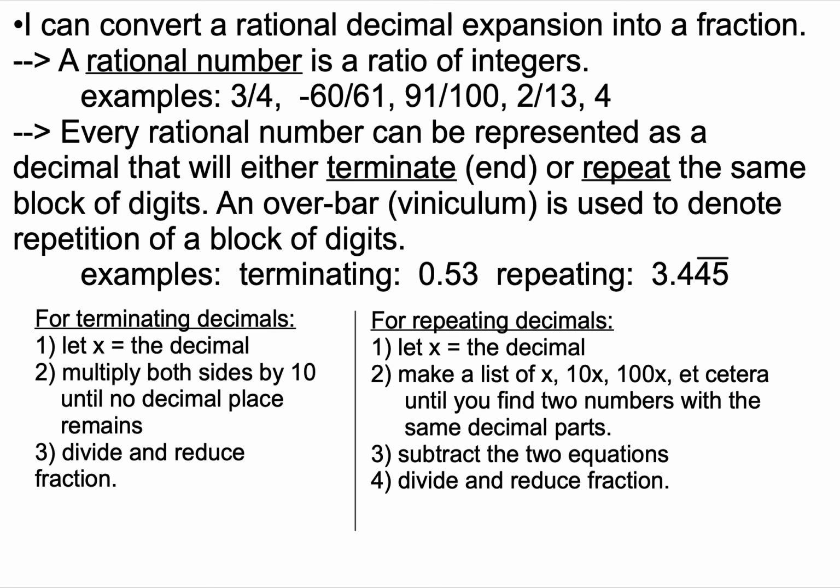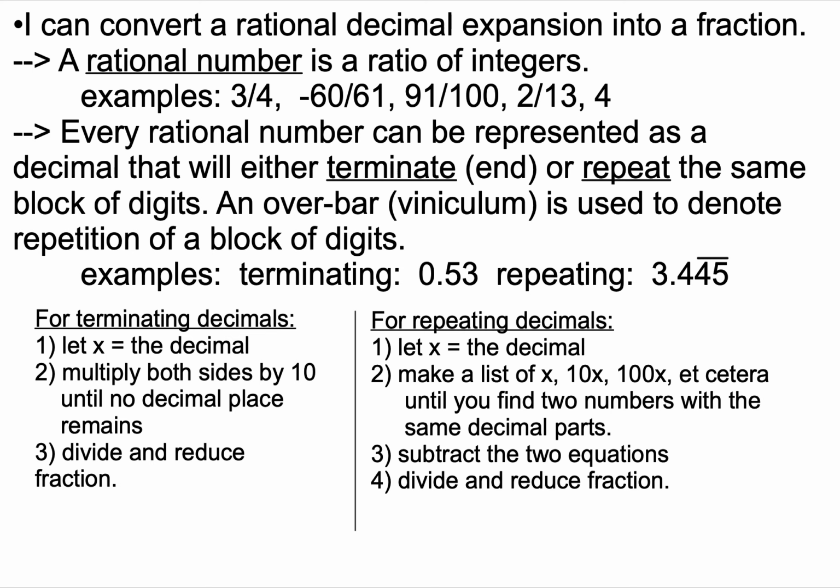Every rational number can be represented as a decimal that will either terminate, which means it'll end, or repeat the same block of digits. An overbar, and for those of you who like fancy vocabulary words, a vinculum, is used to denote repetition of a block of digits. Here's an example of a terminating decimal, 0.53, and then it stops. An example of a repeating decimal,